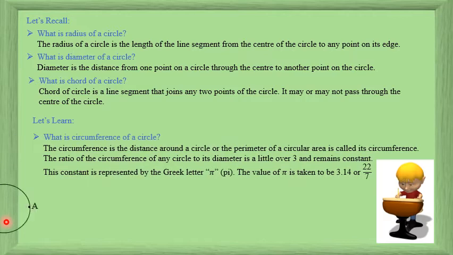of a circle. Now suppose if we consider this circle, and let's say if I start from point A and I move around the periphery or the edge of the circle and I come back to that point. So this one round or one circle is called the circumference of a circle. So you may write this in your sheets also.